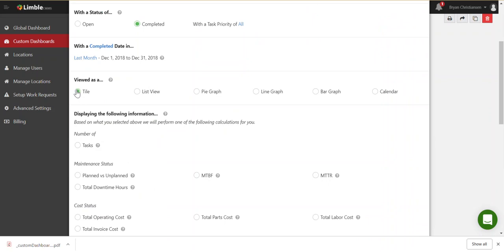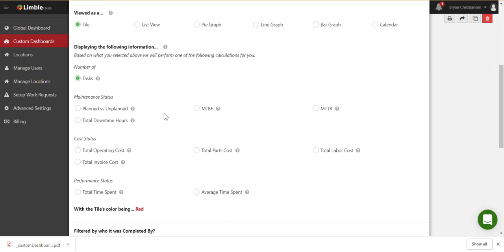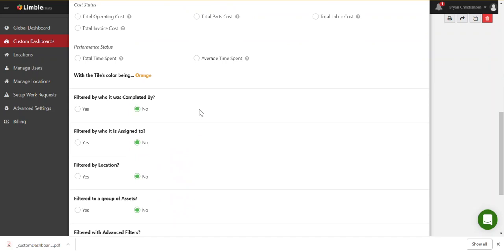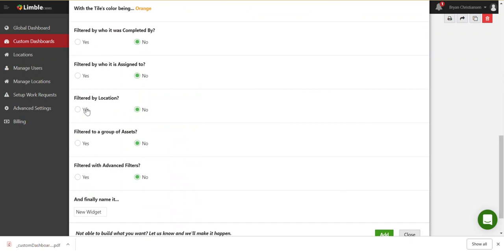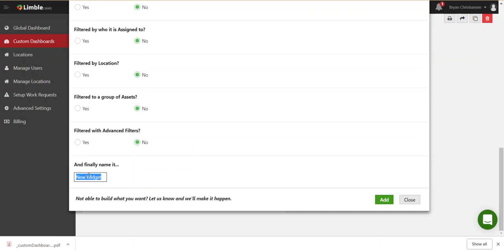And this time I'm going to choose a tile. Now, as I said before, a tile shows a single number. And I'm going to choose number of tasks, because what we're looking for here is just the number of completed tasks. So I can skip all of the rest of these things, and I can choose the tile color. I'm going to choose orange in this case. And then I want everybody to be in it, so I'm not going to filter by a specific person, or by location or any of these other things. I just want to know how many tasks we completed last month. So here we go. We're going to call this number of